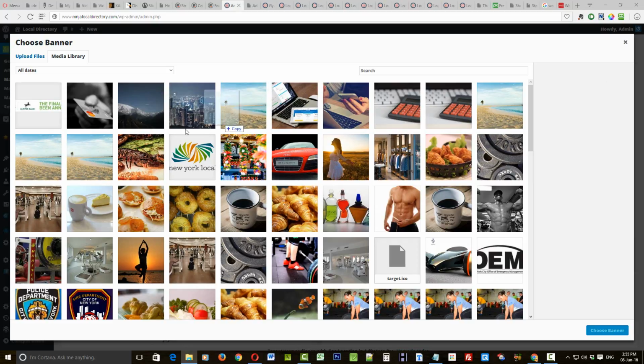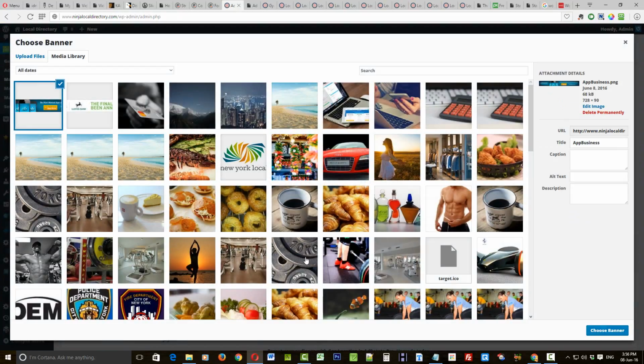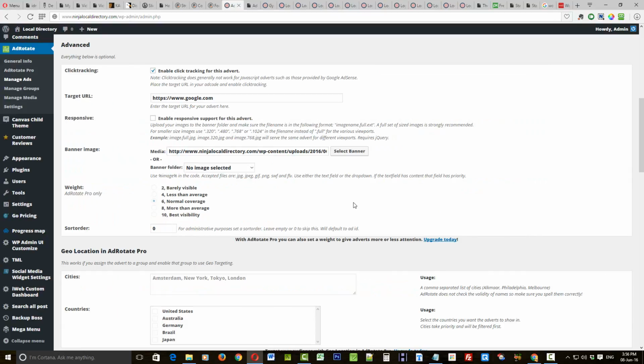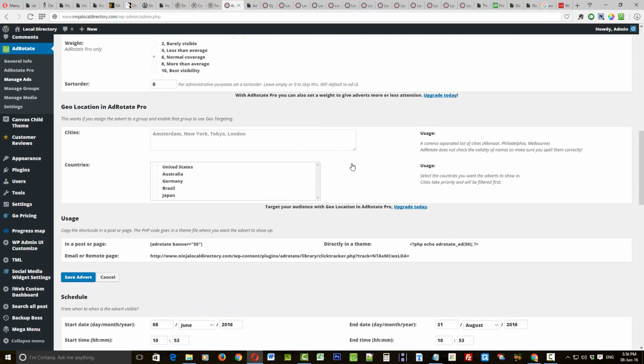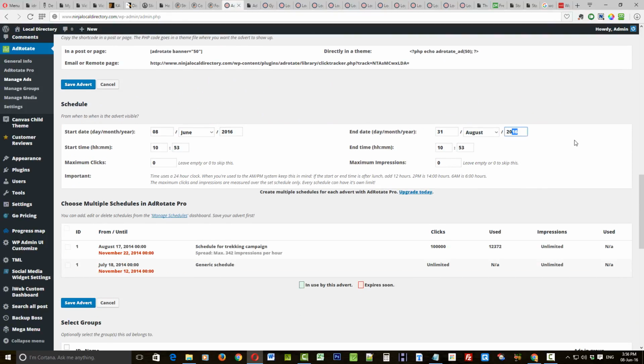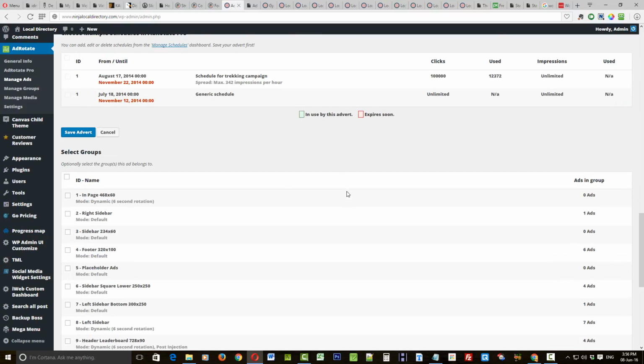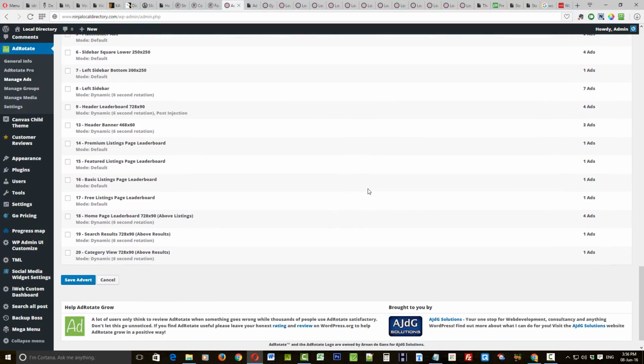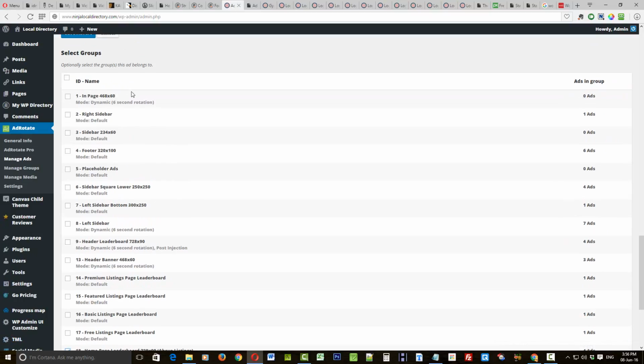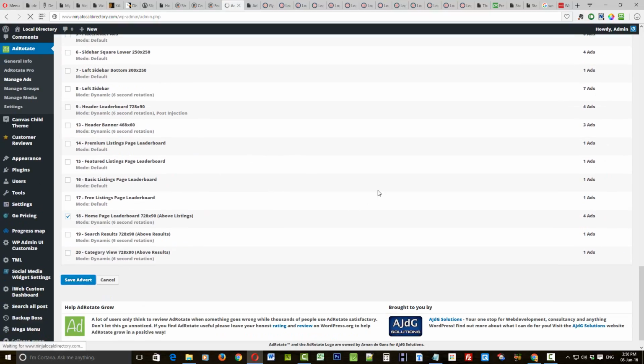This time I'm just going to drag and drop banner ad into the system and choose it. Let's put the image URL in there. Set the end date of the advert. This time I'm going to choose homepage leaderboard above listings, and that's the only group that I'm going to choose for this advert. Click save,